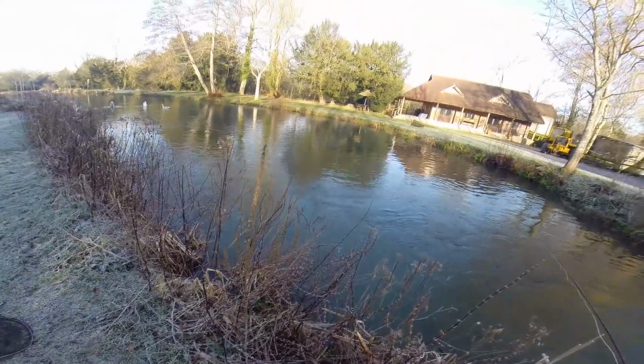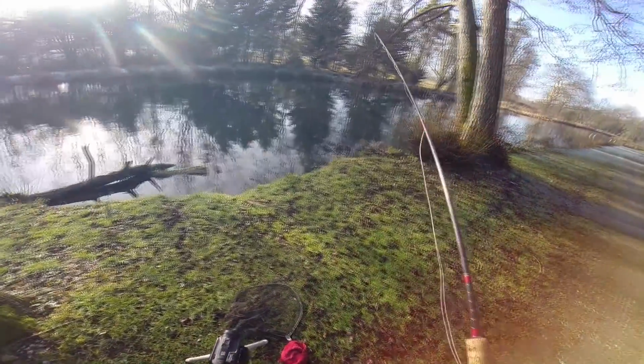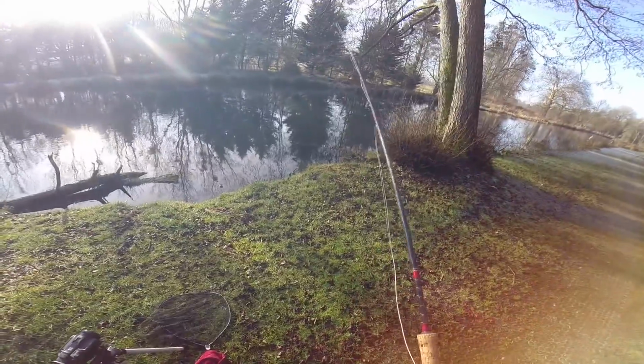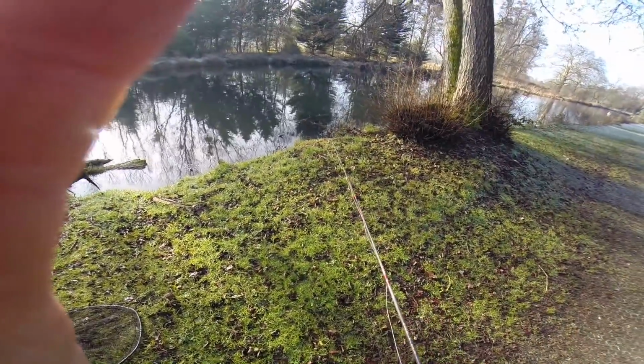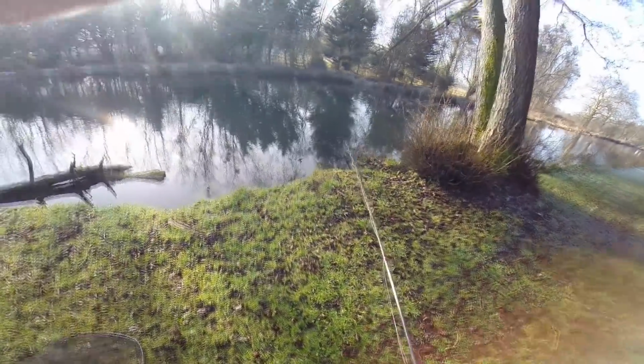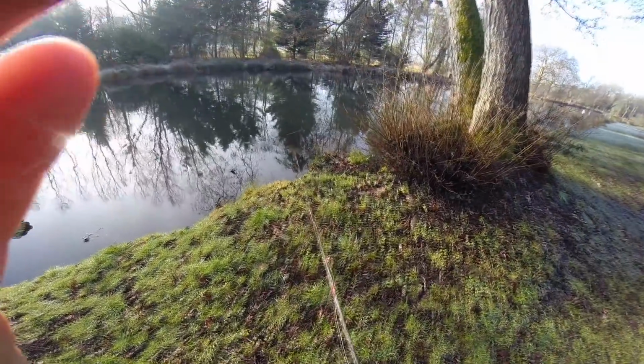It looked like a rainbow, I think. I've come around the other side, but I've got a lot of glare. There's a different colour in that weed there. I don't know if that's... You guys won't be able to see that, but I'm not sure it's a...